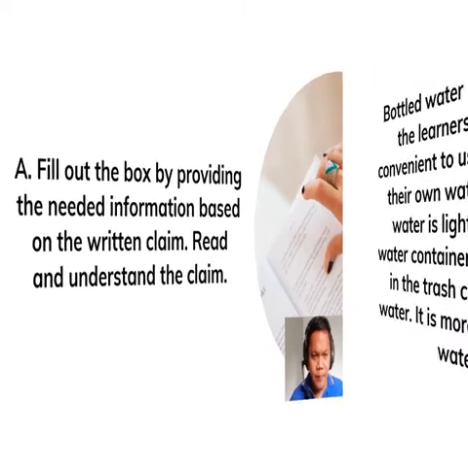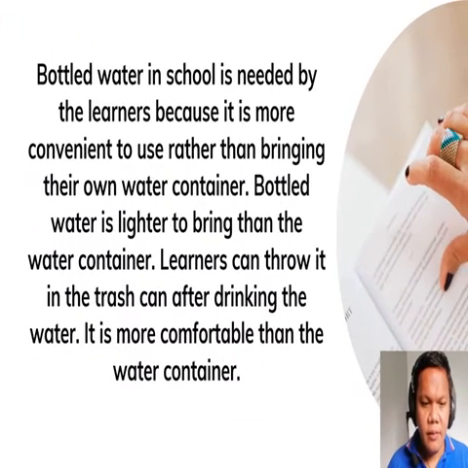For activity A, fill out the box by providing the needed information based on the written claim. Read and understand the claim. So this is the claim. Bottled water in school is needed by the learners because it is more convenient to use rather than bringing their